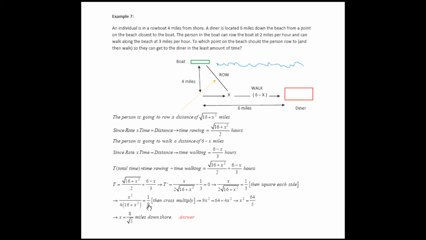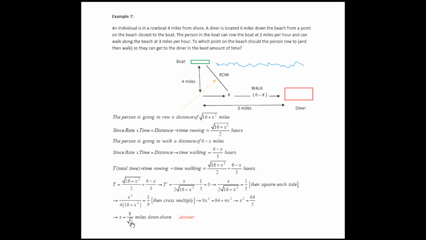Okay, now what we're going to do is cross multiply, and that's going to give me 9x squared is 4 times 16 plus x squared, which is 64 plus 4x squared. So we've multiplied this, and now we bring the 4x squared over. That gives me 5x squared, and then divide by 5. So that gives me x squared is 64 over 5. So x is the square root of 64 over 5, which is 8 over the square root of 5